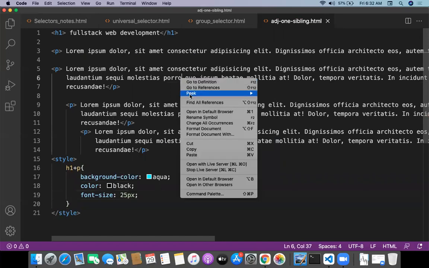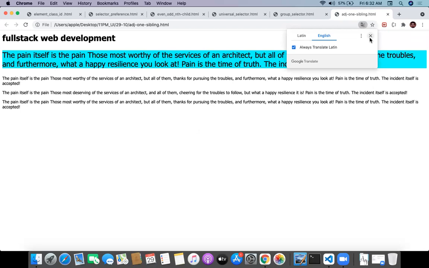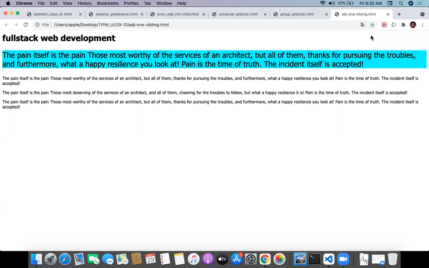Now try to understand: the first paragraph after the h1 is going to be selected. This is called the adjacent one sibling selector.